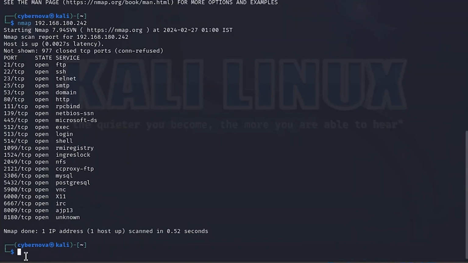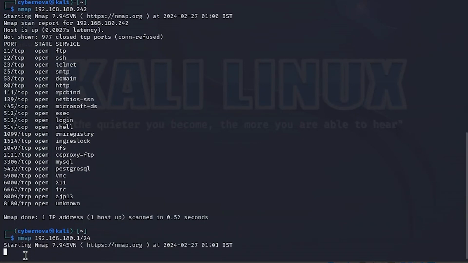Now that we know how to scan one IP address, let's see how we can scan a range of IP addresses. We can specify this in two different ways by typing nmap space IP address 192.168.180.1-255 or 192.168.180.1/24. The /24 indicates that the first three octets, or numbers, are not changeable, leaving only the last octet changeable